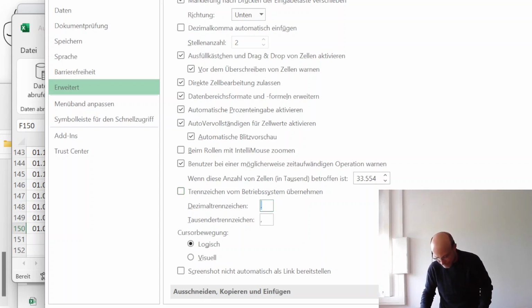I don't know why. And this is not incorporated directly. If I go now to OK, then I at first have to close Excel and then reopen it, and then it will take the new separators. And you also have to know this, because sometimes you have a real problem if you download an English or American version with points, and usually Excel has as a standard option that it just looks up